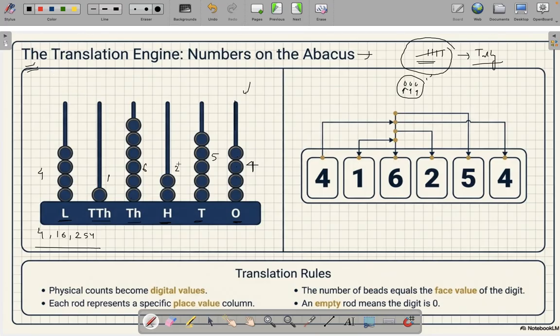Sure. See, abacus was the first known calculator. It is a device that, first of all, has rods. So it will have a rod like this. You can see the rods. And then it will have beads. Each of the rods represents the position of the digits. Say, for example,